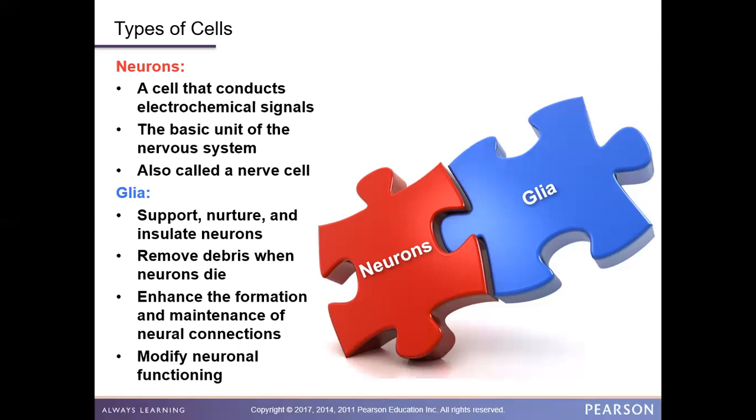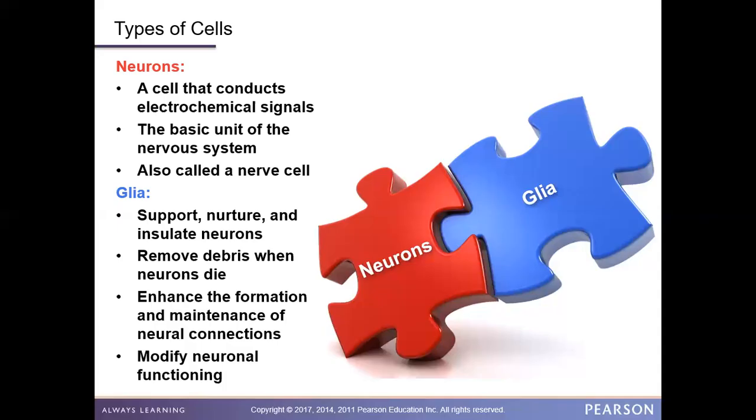These glia cells make the communication that neurons give more efficient, and more effective. So you think of these glia cells not as sidekicks. Think of them as partners. The neurons cannot get their job done if glia cells are not there to assist them.